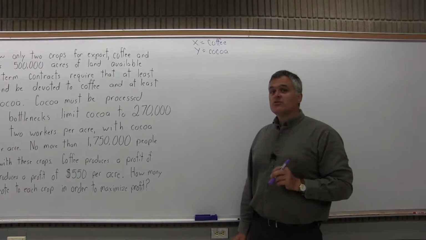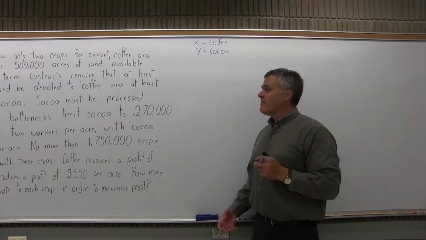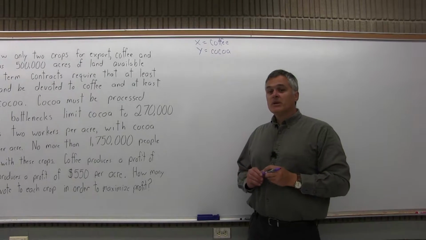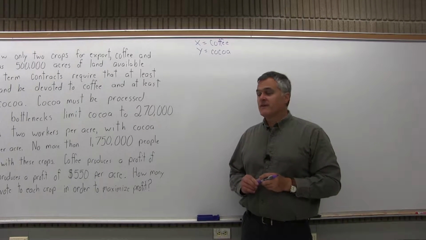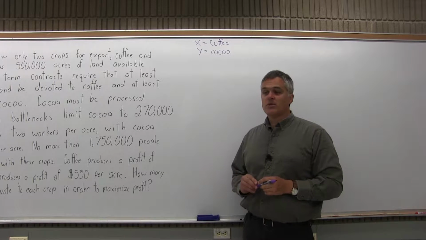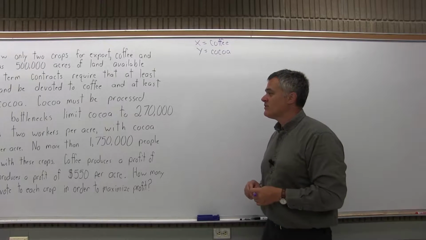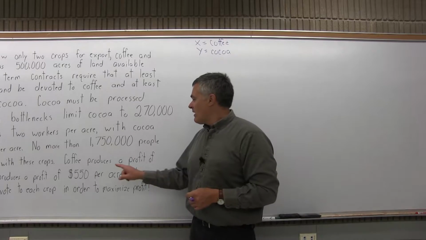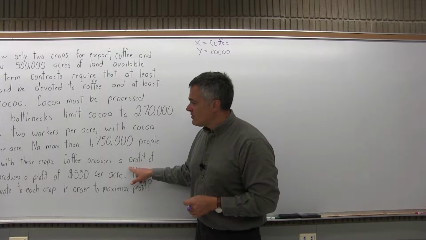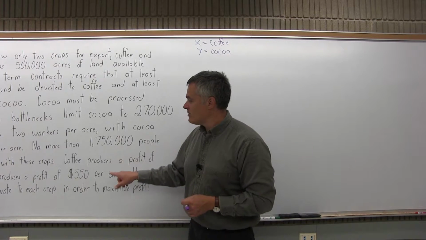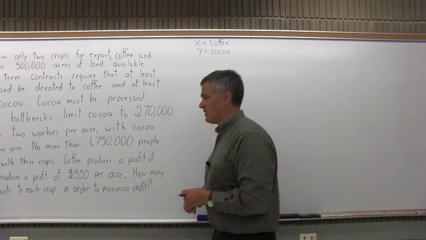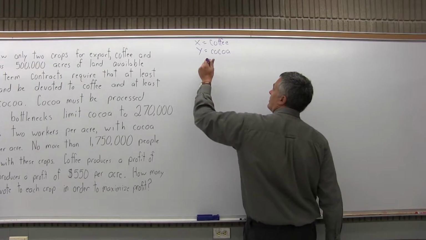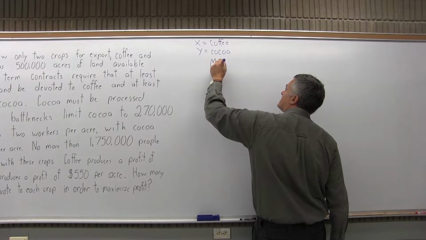Step 2 is write out your objective function, what you want to maximize. Typically you want to look for information that's about profit, and it usually comes near the end of the problem. And this problem is reasonably straightforward in that sense. Near the end, it says coffee produces a profit of $250 per acre, and cocoa produces a profit of $550 per acre. So what we want to maximize